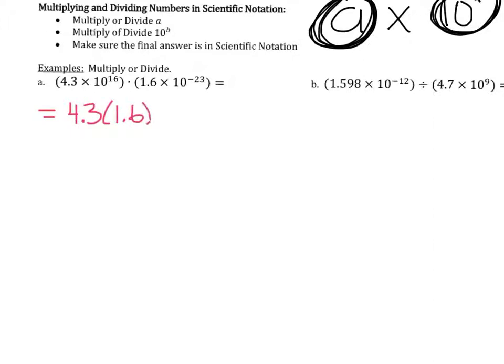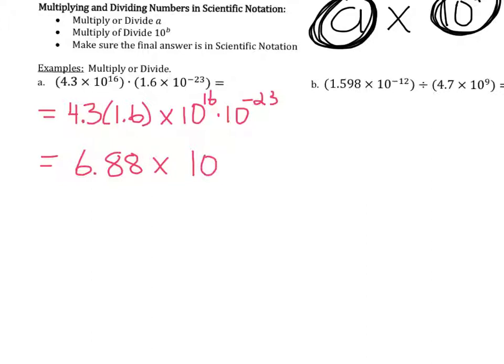And then I'm going to take the 10 to the 16th and multiply it by 10 to the negative 23rd. And once I simplify that, I'll have my number, and hopefully it'll still be in scientific notation by the time I finish. All right, but 4.3 times 1.6 is 6.88. And when I multiply the 10 to the 16th times 10 to the negative 23rd, I've got to remember